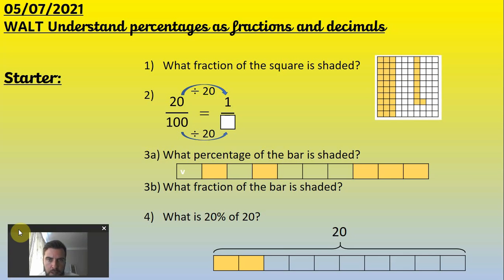Okay, welcome back everyone. Let's see how we did. So question number 1, what fraction of a square is shaded? When you look at this square, the first thing you would do is just check how many squares there are in each column. So I'd look at that and go 2, 4, 6, 8, 10. We'd assume it's 10, but you'd always want to double check. So we've got 3 columns of 10 there, so that gives us 30 plus 8 plus the 1, which will give us